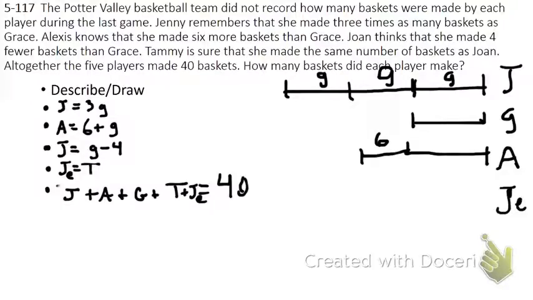Alright, so we got Jenny, and she's the one doing 4 fewer. So if that's Grace, then let's go ahead and subtract 4. So we're going to be taking that off. Jenny is that smaller line from Grace. Alright, so here we've got a picture kind of illustrating each of our different athletes. Now that we've got all of that written up,